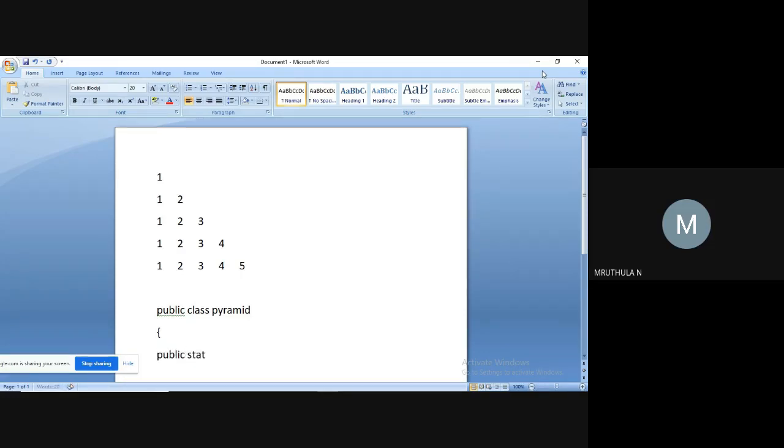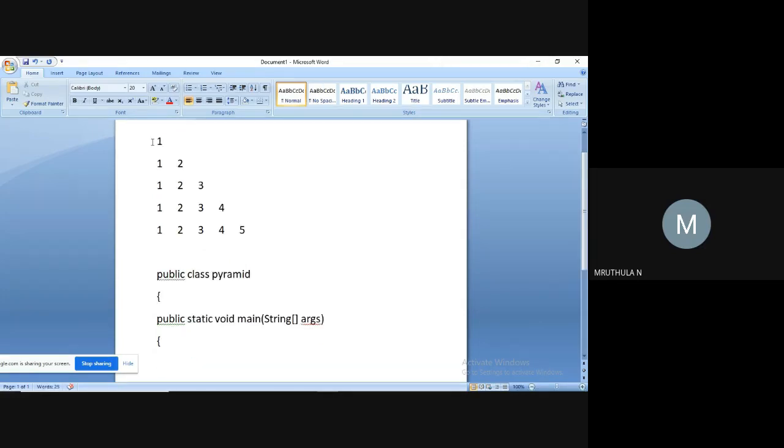Public static void main, String args. Inside that main function, here we have 5 rows.